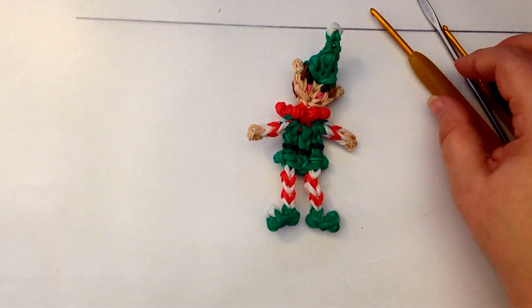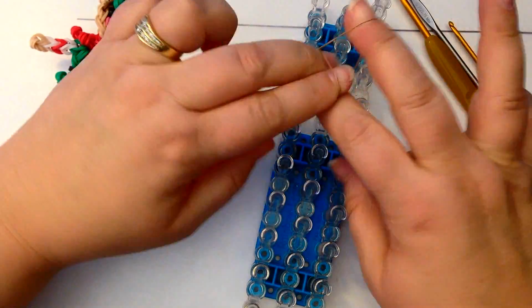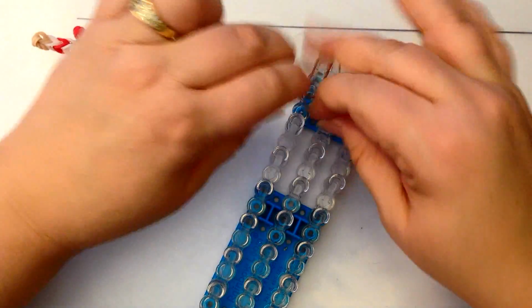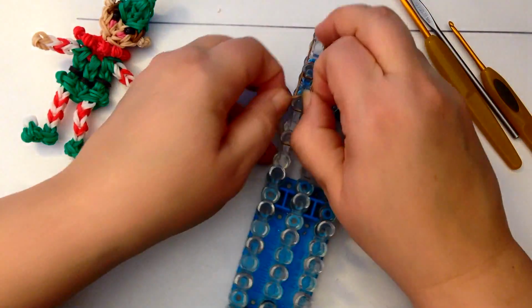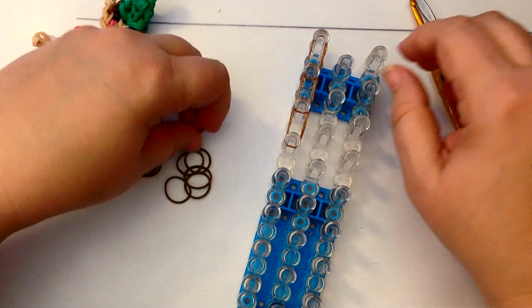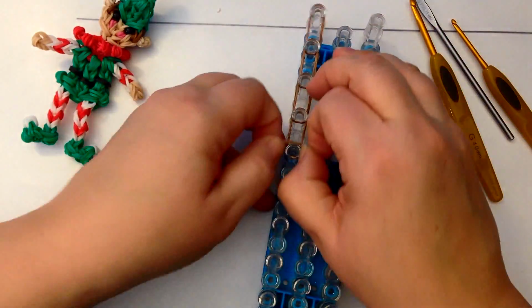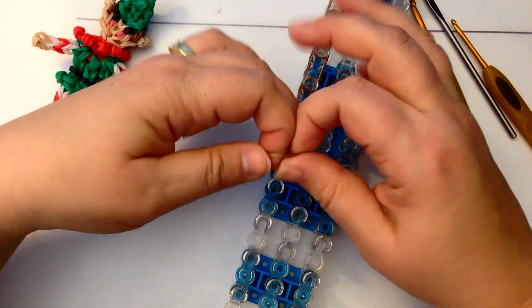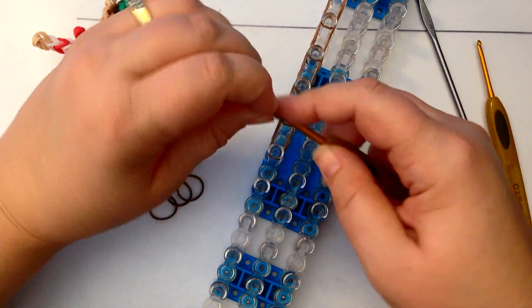Okay, now if you want to convert this to a girl elf, you'll need the same colour bands as you used for the hair. You're going to take it and wrap it in a figure 8, and you will do this 7 times. So that's 1, 2, and this is if you do it on the loom, 3. I actually think you get a better look when you don't do it on the loom, but I'll show you how to do both. 4, 5, 6, 7, an end cap, single band, wrap once, twice, 3 times,